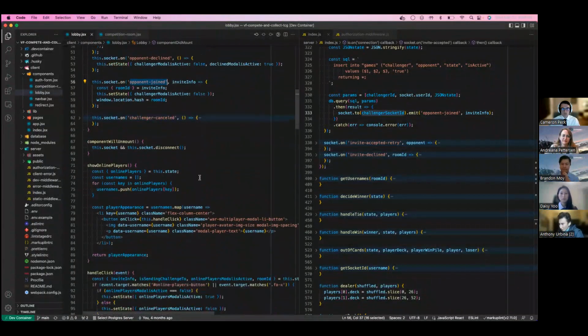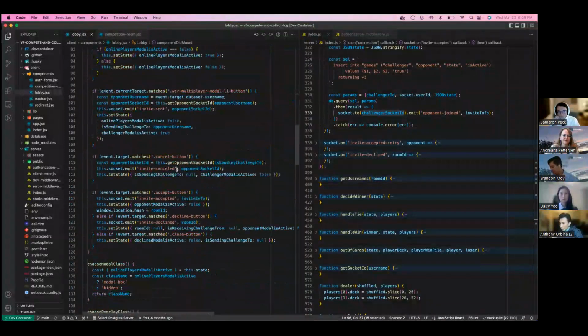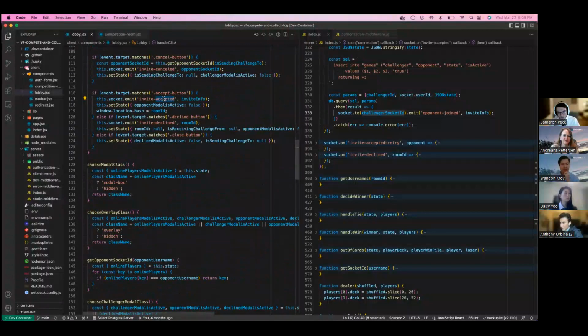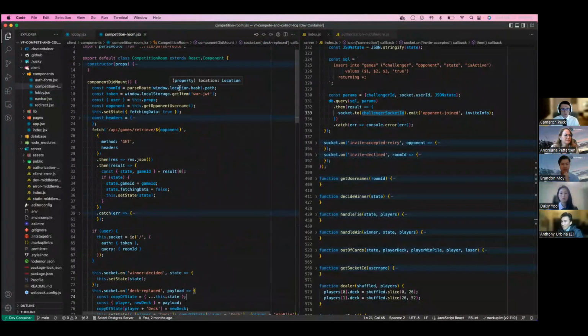By the way, I glossed over something. That's the person who sent the invite, the challenger. They're switching into the new component where the other user already is. As you can see here, when they accepted the invite, we did the same thing. We changed the window location hash to the room ID. So now they're both in the competition room,